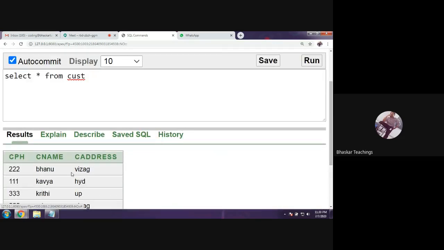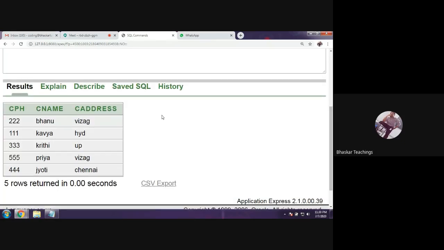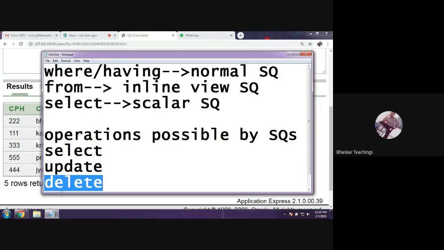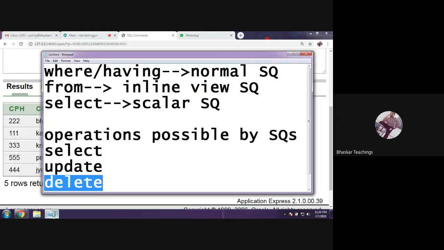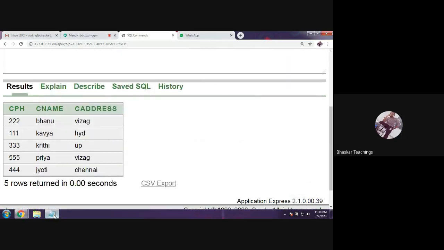Now, I do not know which customers have orders and which customers do not have orders. So I want to check the customers list and delete some customers who do not have orders for the last 10 years. Assume this is my requirement. Now, how can I check the customers who do not have a single order? I need to check in the orders table only, right? You need to check in the orders table and perform the deletion operation here. Okay, listen to me carefully. You need to delete from the customer table, this table, based on the condition from the orders table. So this is what the subquery is, right?